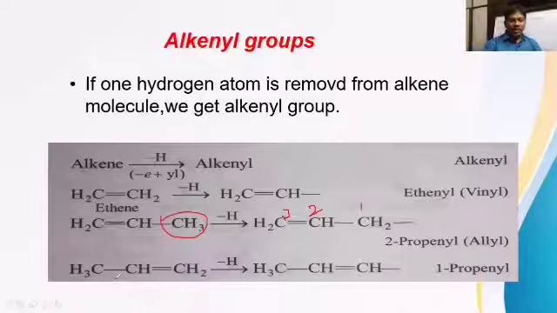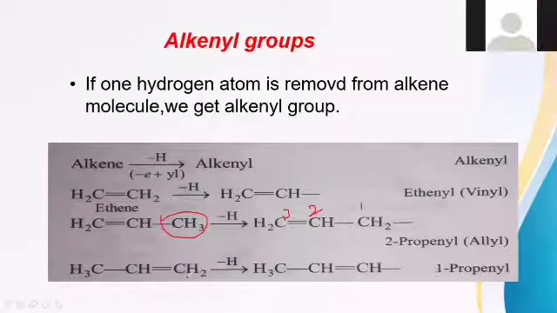Next, take another example: CH3, bond, CH, double bond, CH2. How do we give numbering in this molecule? It is the first carbon, second carbon, third carbon, and after the first carbon the double bond is there. Now from this double bonded CH2, we remove one hydrogen. Minus H indicates removal of hydrogen, to give CH3, bond, CH, double bond, CH. From CH2 we removed one hydrogen, so we got CH.